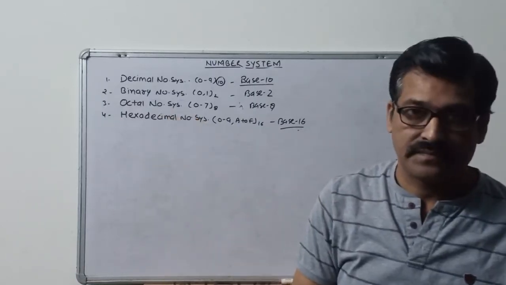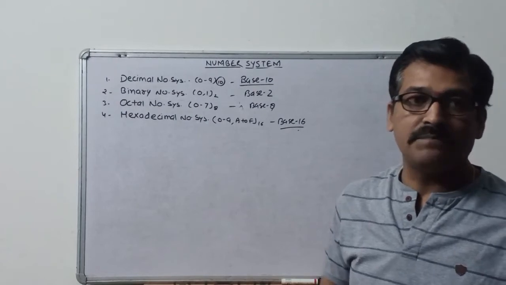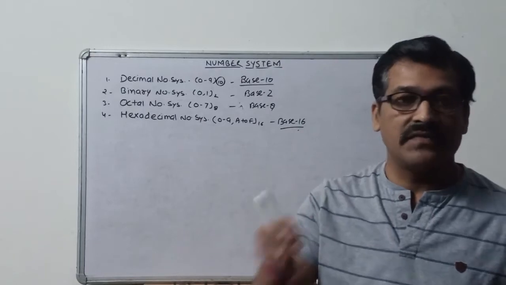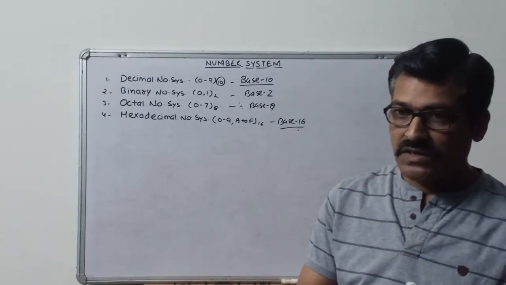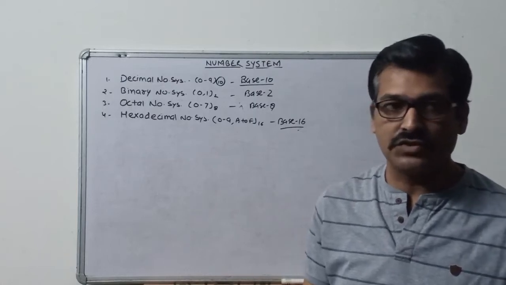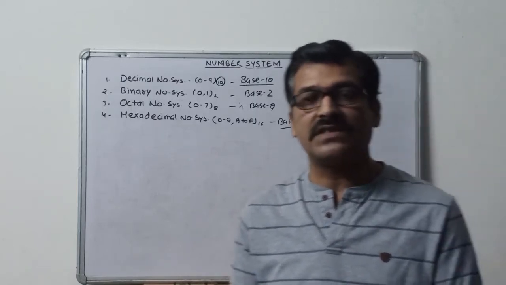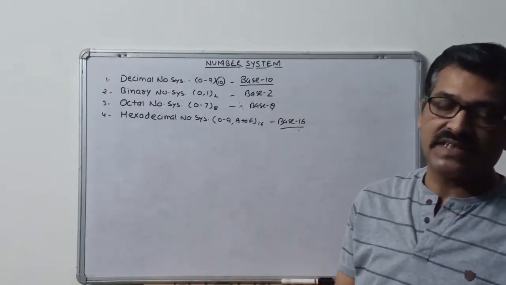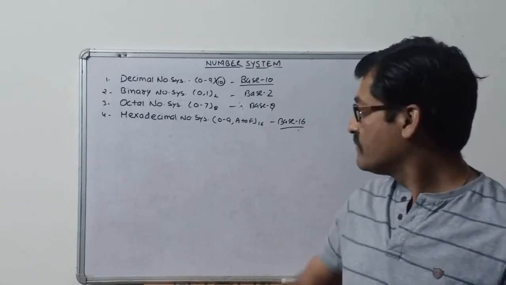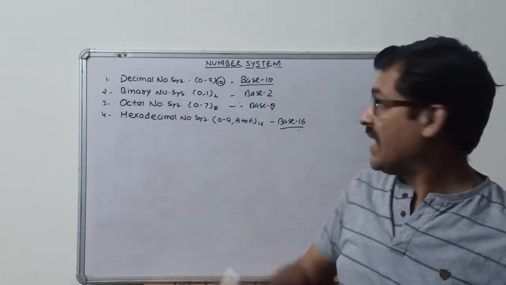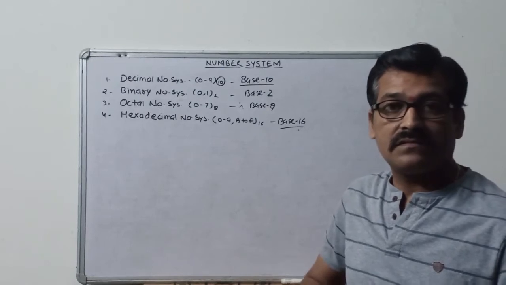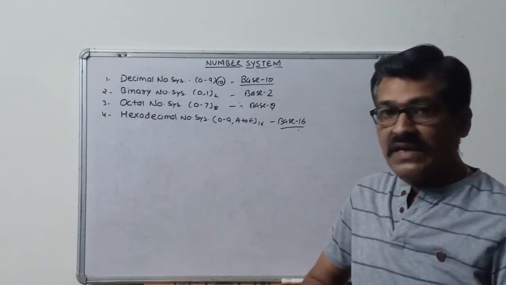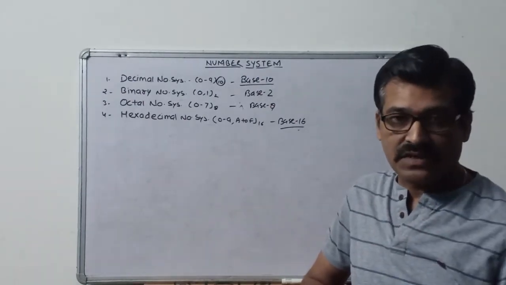Octal number system. As we all know, computer takes decisions on the instructions given by the user. The statements, the instructions given by the user will be processed, and according to the statements, the computer needs to take the decisions. Means a circuitry working inside the computer system to take the decisions. So this octal number system having 8 base, because of the 8 digits 0 to 7 it is having, it is used to take the decisions from the circuitry of the computer.